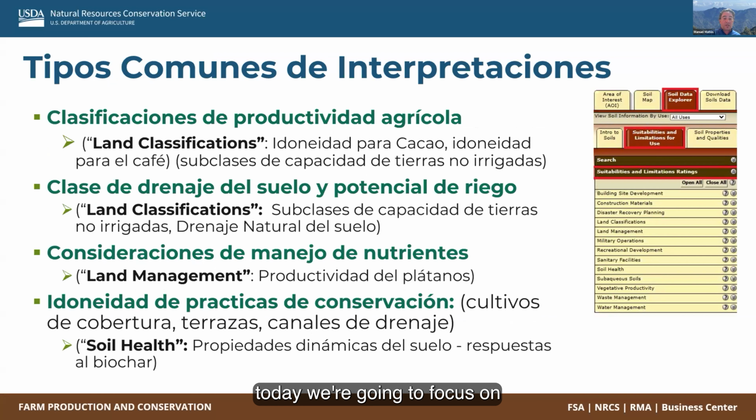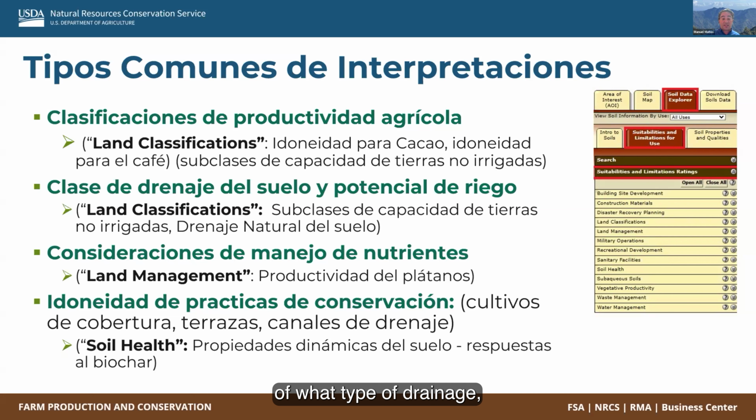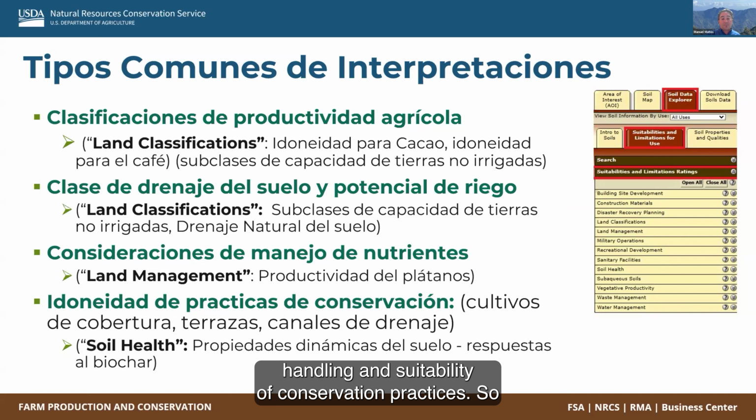Today we're going to focus on suitability for cocoa and coffee, but we also have indexes of productivity, and I'm going to be talking about them in a detailed fashion. We also have interpretations of soil drainage or risk potential.